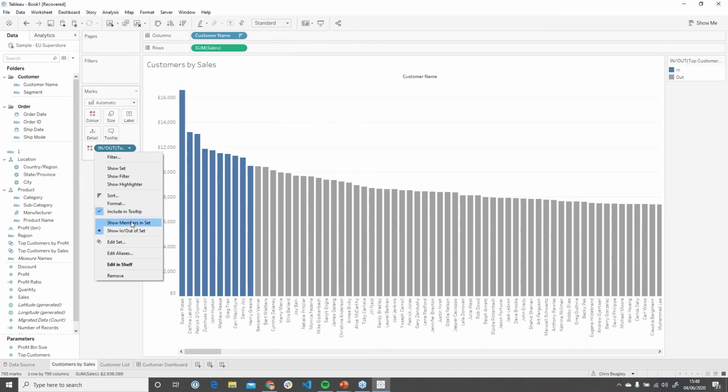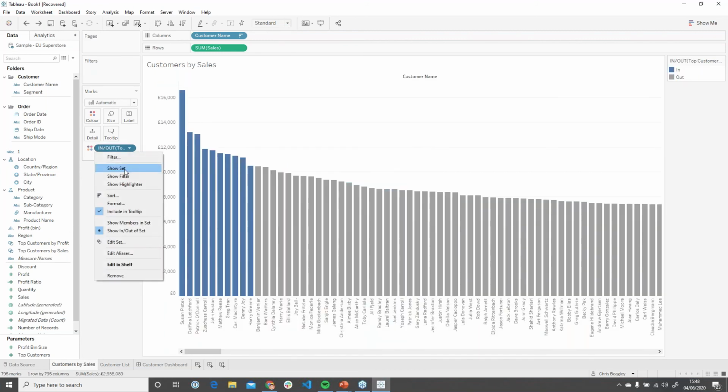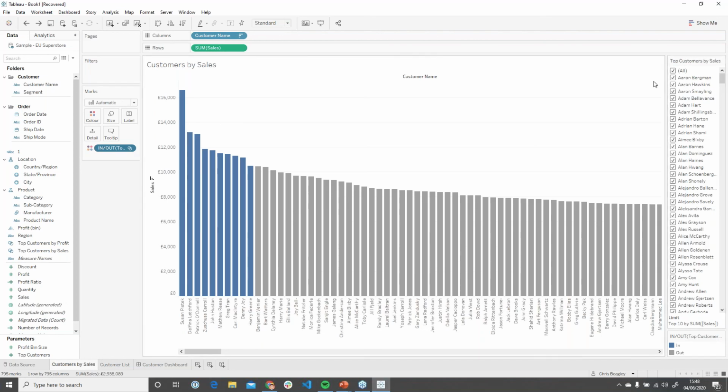Previously, we could always see the members in and out of the sets. What we want to do is, if we just undo that, we can click this button here, and it's just on the drop down here, as long as the set's on the marks, and we can click here and we can click show set, and you'll see over here that we're able to see a more sort of filter-like interface